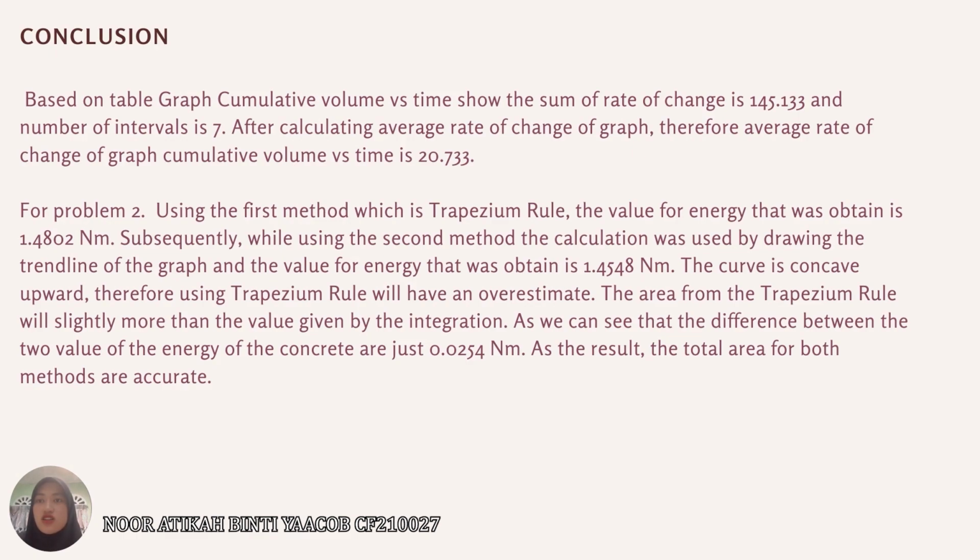After calculating the average rate of change of the graph, the average rate of change of the graph of cumulative volume versus time is 20.733. In problem 2, using the first method, which is the trapezium rule, the value of energy that was obtained is